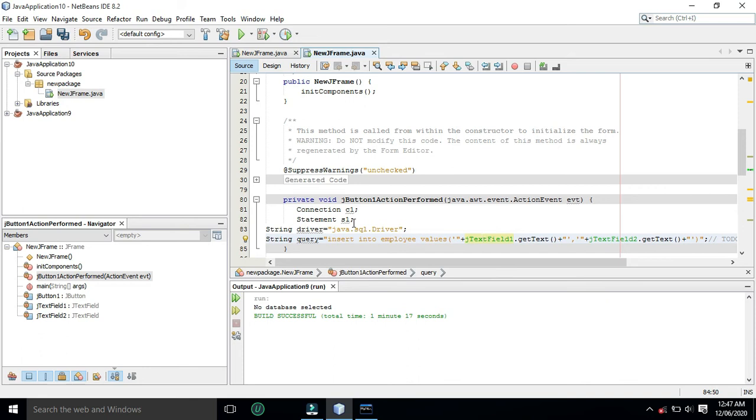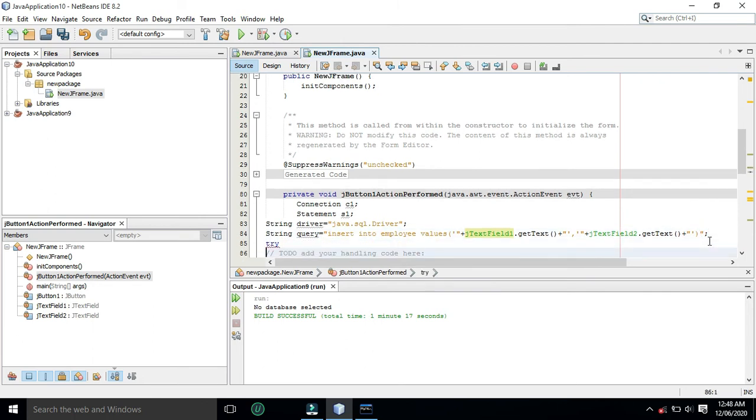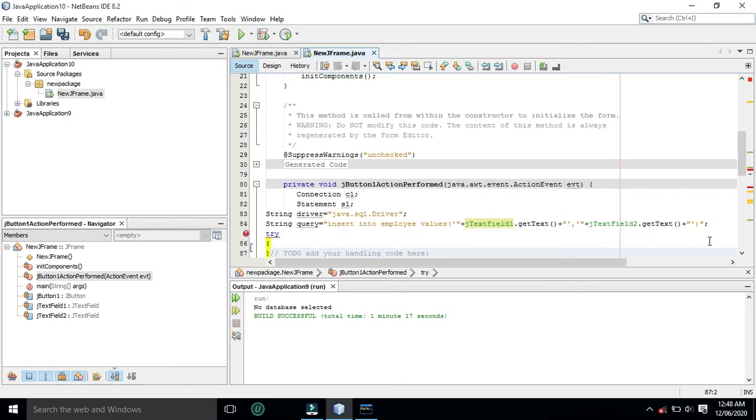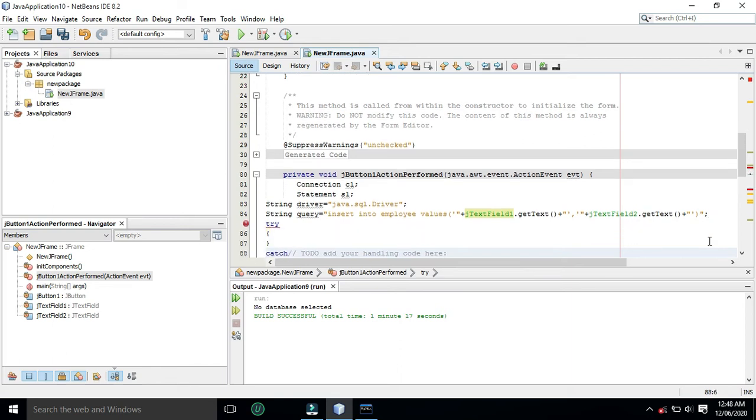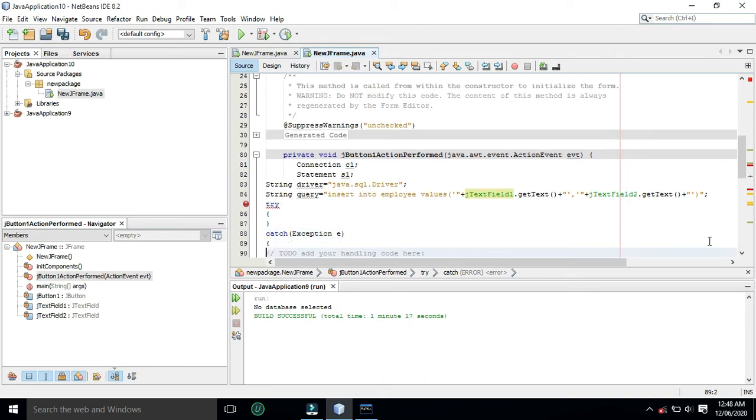Now we will write code within try and catch block. As we all know, if any exception arises within Java application, that will be handled within catch block.